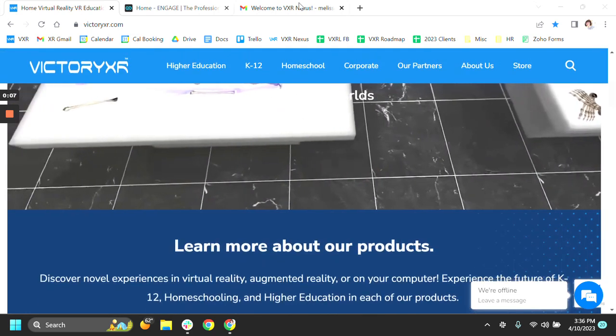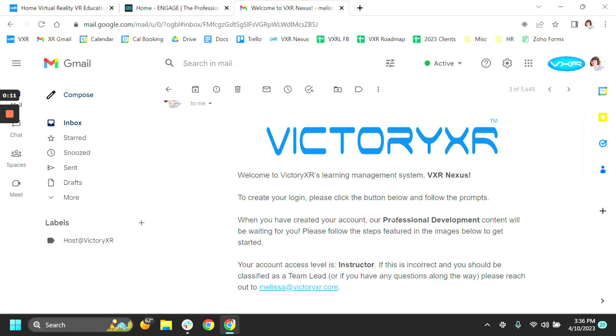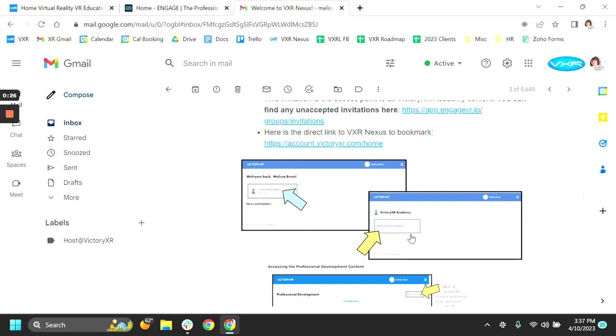So, as you should have received in your email, your invitation to VXR Nexus. Now, Nexus is one of the two logins that you will need in order to access our Academy resources. Here in this Nexus email, it describes which kind of account access you've received. It will also direct you with some screenshots to the two